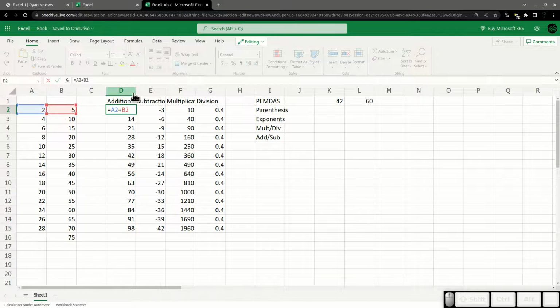But under the hood, what you can't see, what Excel is understanding when I type A2, B2 in this cell, is that it says, okay, I see those cells, but it's also understanding that A2 is in the same row, but 3 columns to the left.